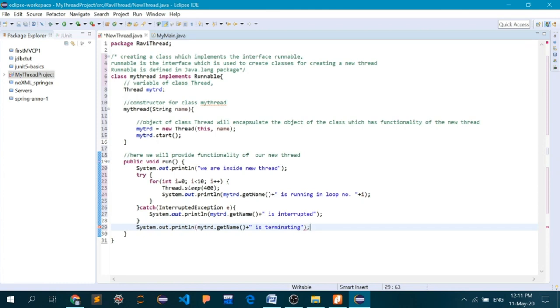So whenever we get out of this thread, we'll get a message with the name of the thread is terminating, and that is it. We are done with our construction of the new thread class.